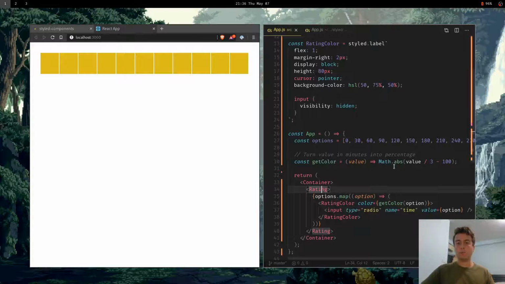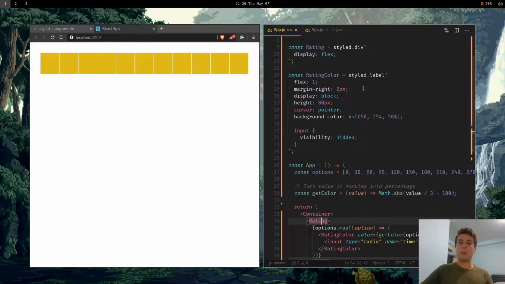will return a color. Okay, so in order to use props inside a styled component, you want to use this syntax right here. So $ and then curly brackets. So that allows you to put like any kind of JavaScript in here. So I can put like 20 plus 10 inside here, save that, and it's now orange. So any JavaScript inside here works,